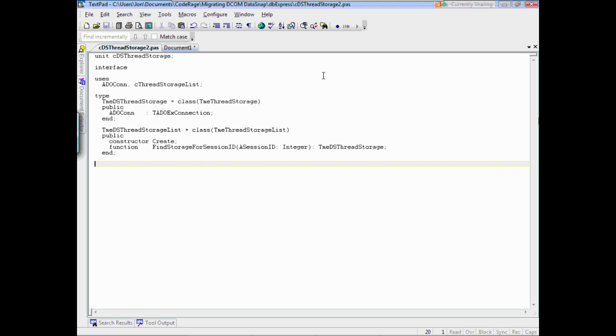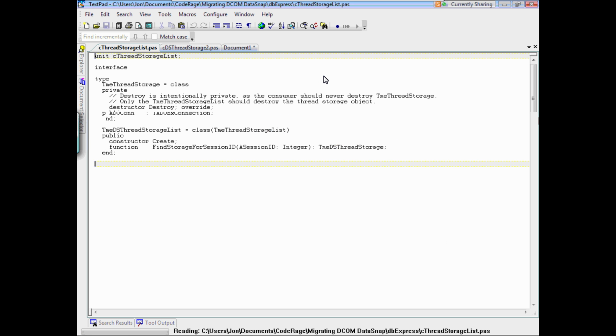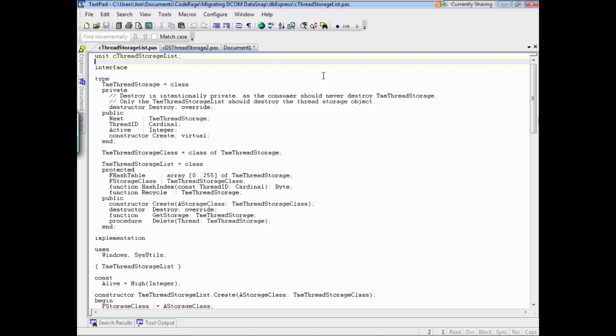So essentially, I need to show another unit. There's a storage list that stores objects of TThreadStorage. And the way I've designed this is that every server will use the thread storage implementation. However, each server may need to store different state information. So I'll derive a child from thread storage that's unique to each server. So as a user connects in,